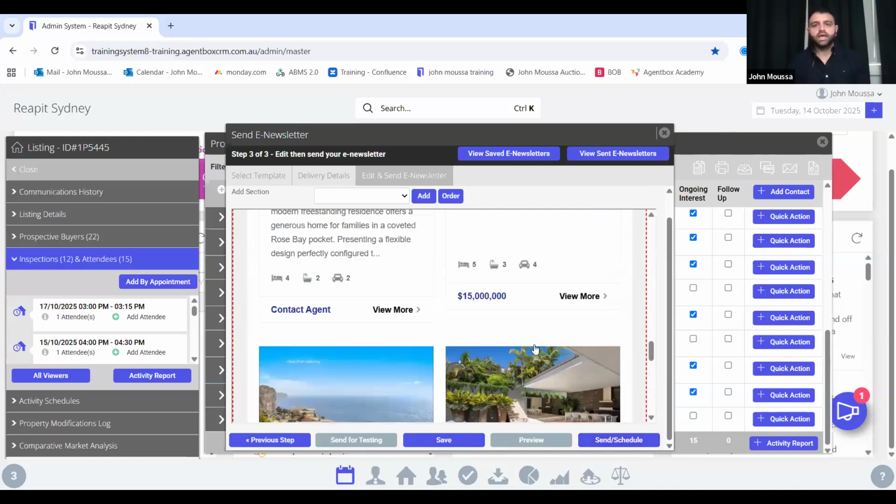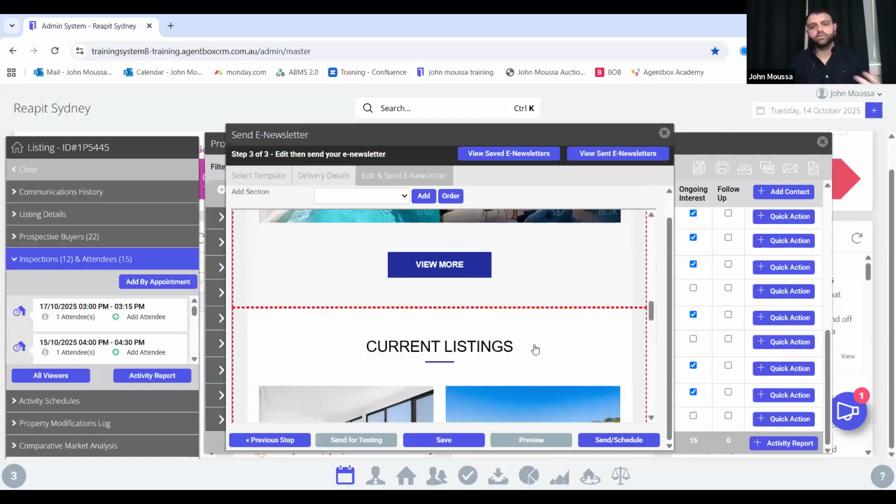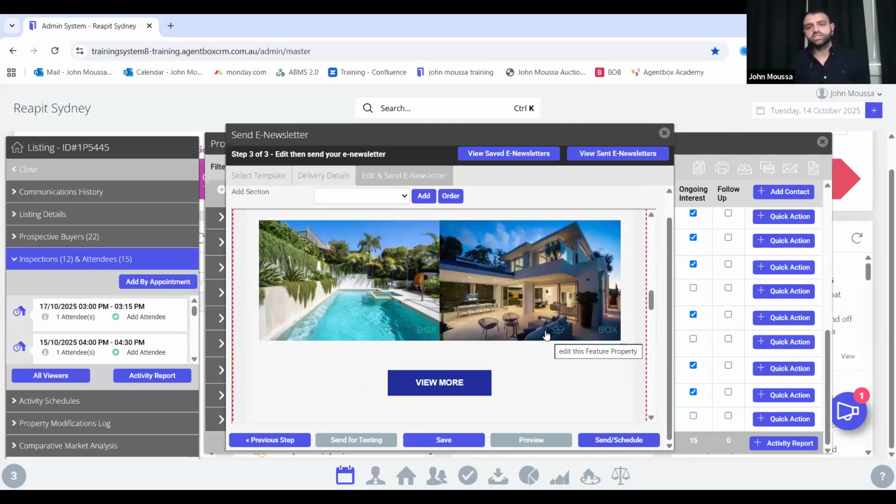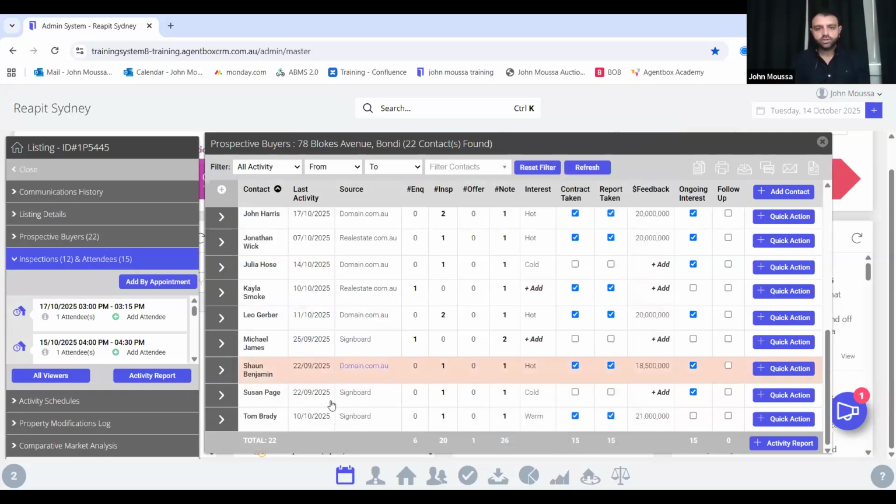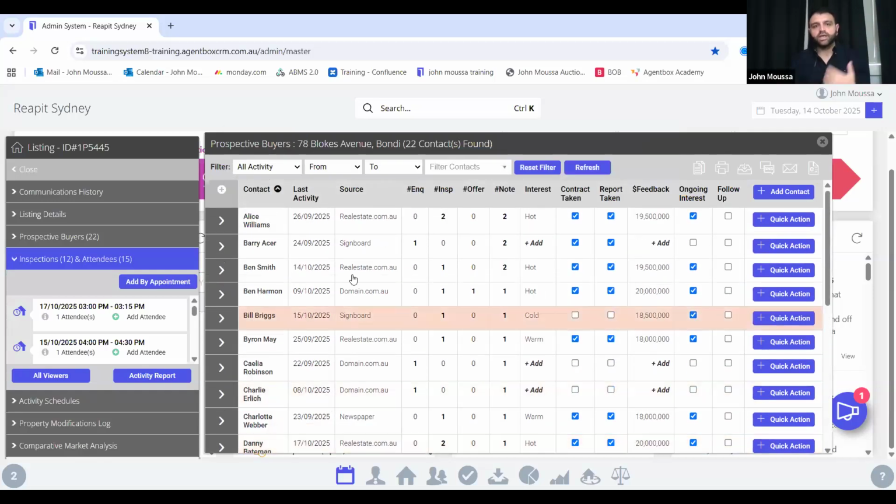So once we do that, we're able to shoot them that e-newsletter like you send the normal e-newsletter. And then, of course, I would put a little bit of follow-up for myself to reach out to these clients and then look at the report that's gone out to the clients and just see who's clicked on it, how many times they've clicked on it, and potentially you might be able to get a sale out of this sale